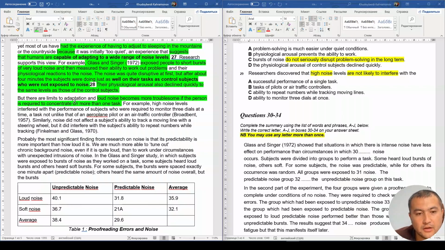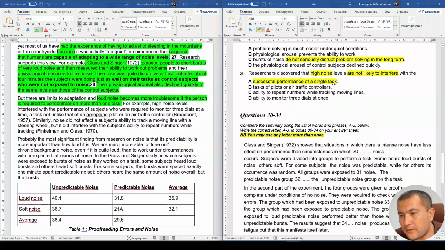we should think logically, which means loud noise becomes more troublesome if the person is required to concentrate on more than one task, which means loud noise does not become more troublesome if the person is required to focus on only one task, not a lot of tasks, right? And here, high noise levels are not likely to interfere with successful performance of a single task. You see, whenever they are doing a single task, one task, it's not likely to interfere. Whenever they do a lot of tasks, they are likely to interfere and